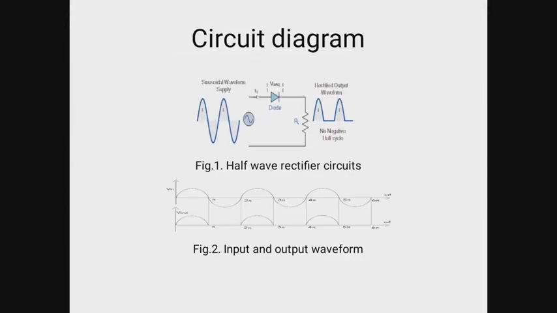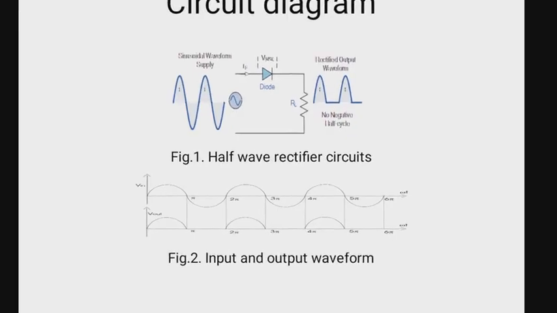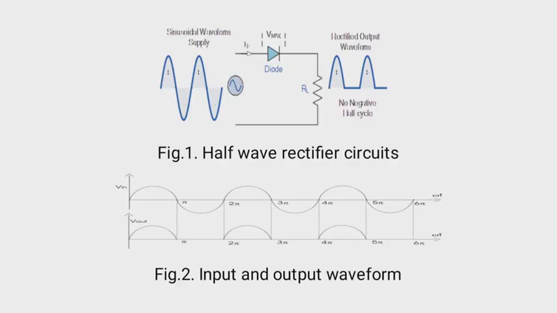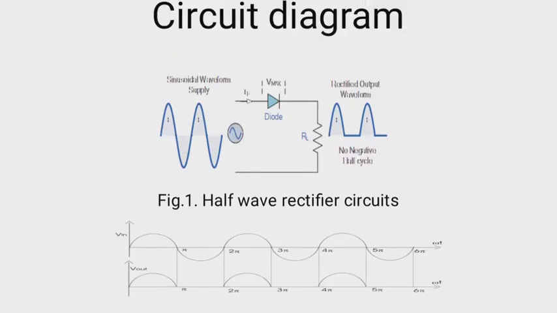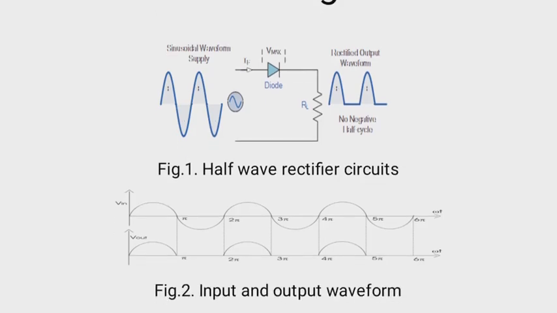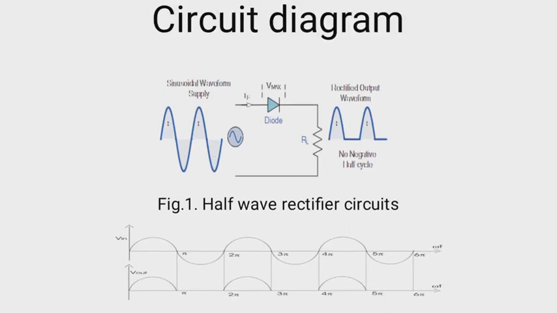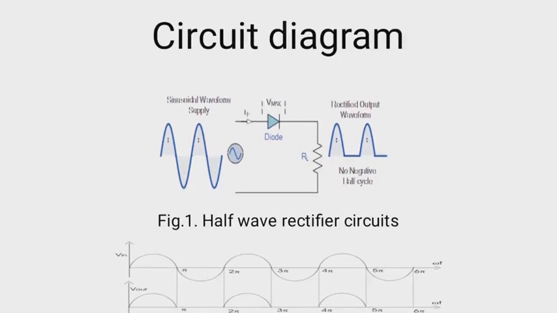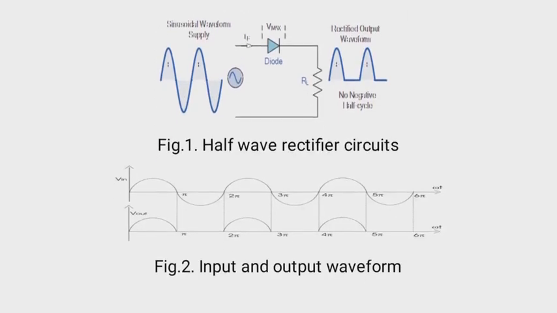So this is the circuit diagram of a half wave rectifier. Here you can see we use only one diode, which is D, and a load resistance, which is RL. We apply an alternating signal or AC wave across the input terminal, which is basically called the VIN terminal, and we get the output DC across the load terminal. This is the entire waveform of input and output signals.